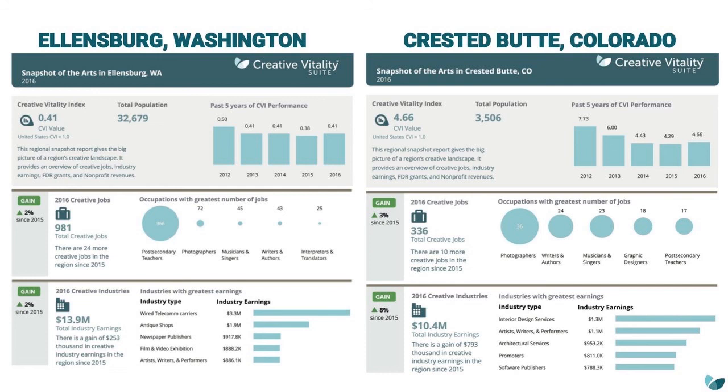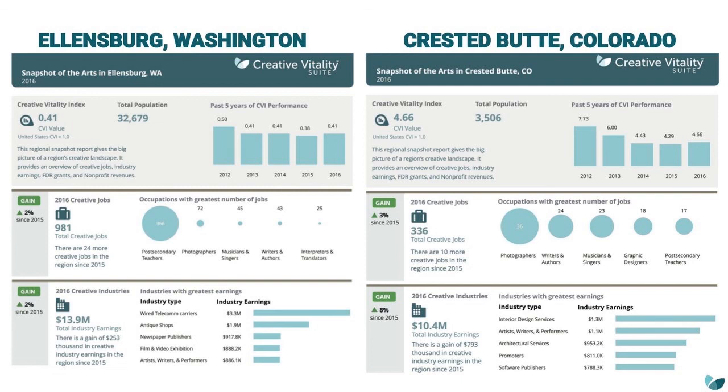And so creative communities, creative districts, what we're seeing is an influx of young people who want to live in these interesting places. And here in Washington, in terms of organizations and individuals using the power of the creative economy to make their case along with the data, one quick example we have is the little city of Ellensburg, which is out on the eastern side of our state, or the central part of our state. And we provided them with some data from the CVSuite tool that they then took to their city council.